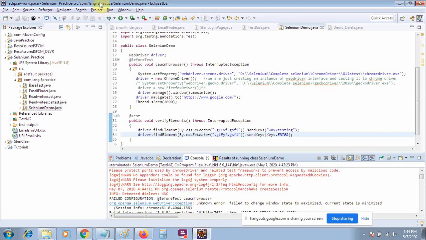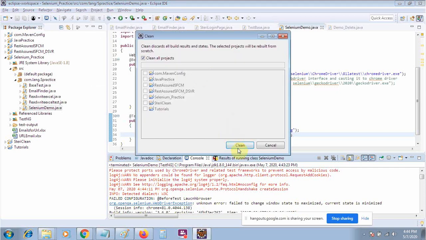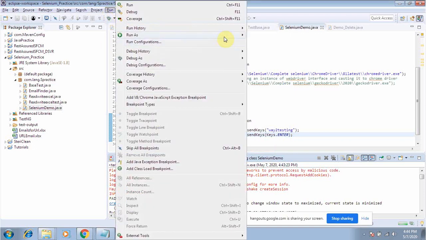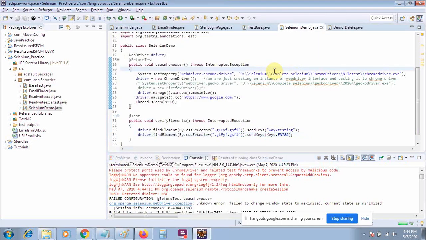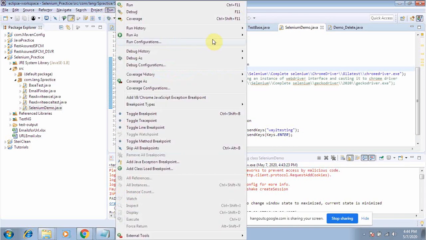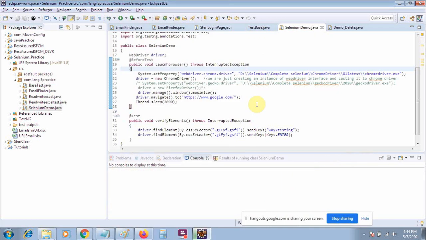It's a slowness issue, nothing much more. You will get this kind of intermittent issue when your OS or PC is not responding well due to some internal functionalities. Let me run it again.